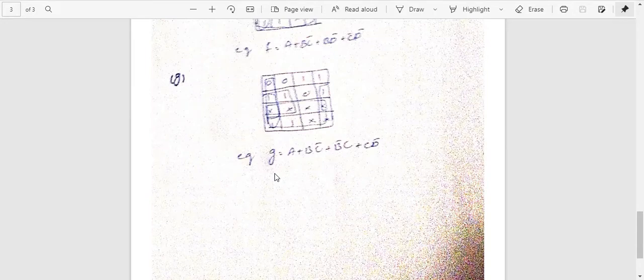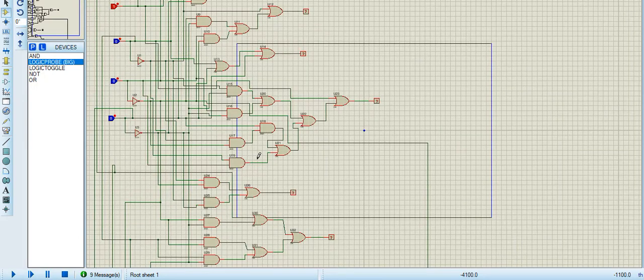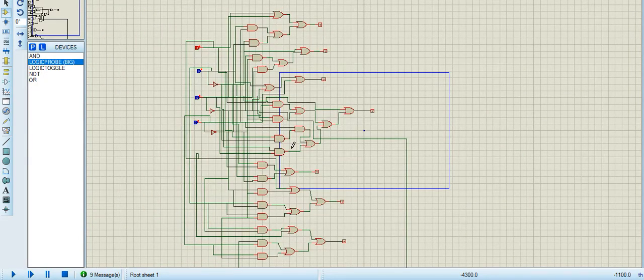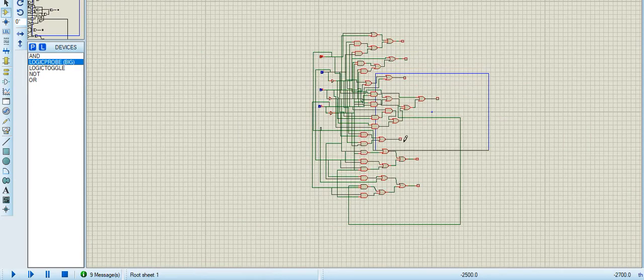Now we will head towards our circuit. Here is our circuit. As you can see, the circuit is a bit complex, but I will explain each and every step of how this circuit is made and what basic operations it will be able to perform. As I told you earlier, we will use basic gates like AND, OR and NOT, and logic probes and logic toggles in order to apply the logic. This is our whole 7 segment decoder circuit, which will be implemented in Proteus.